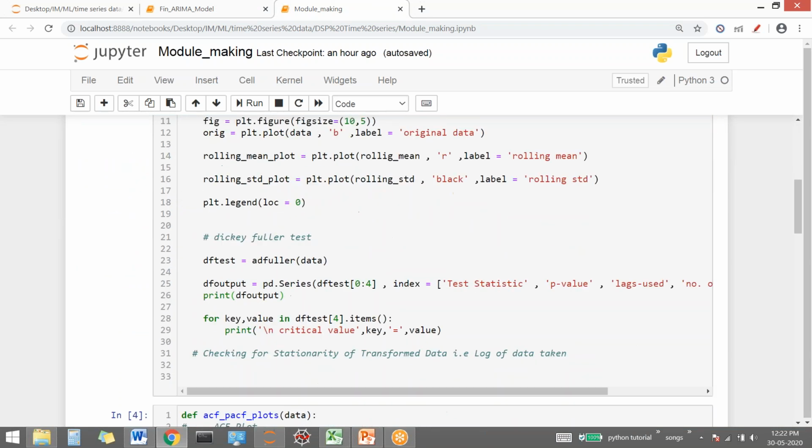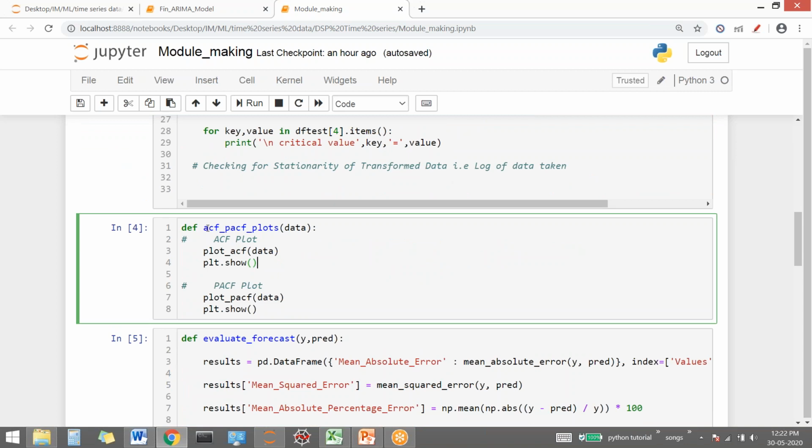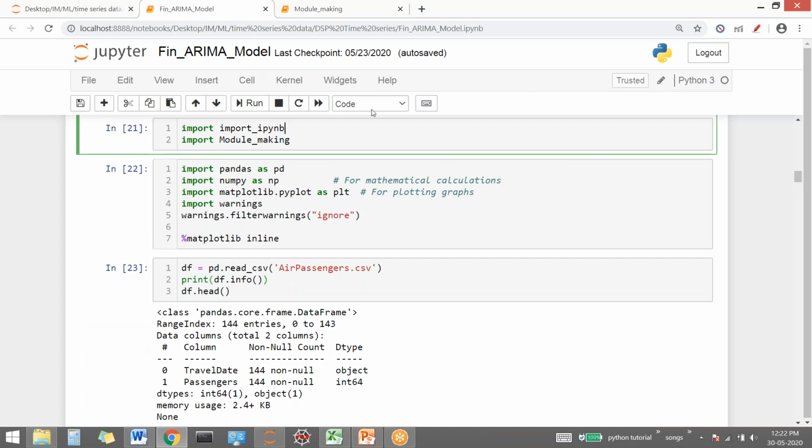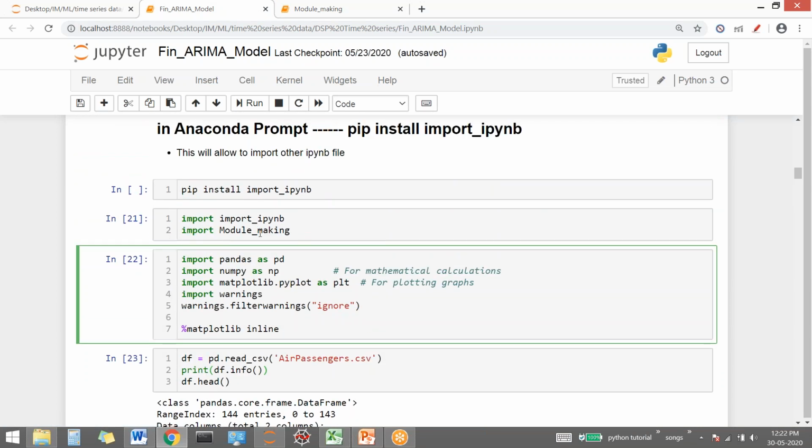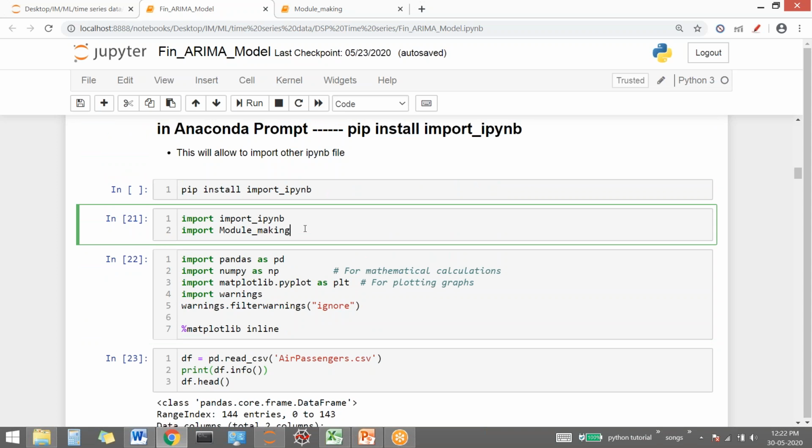This is one function here. This is another function. So we'll be using these functions from module_making in this FinArima code, and using that module making file's code, we'll be getting the result here. Okay. So in order to import this, we need to import this first.